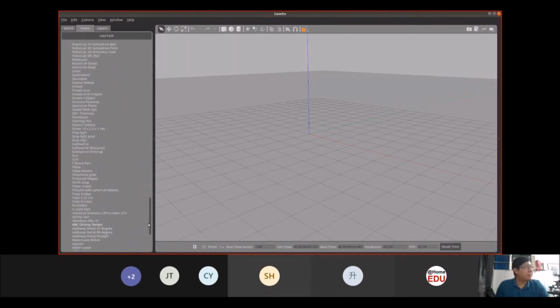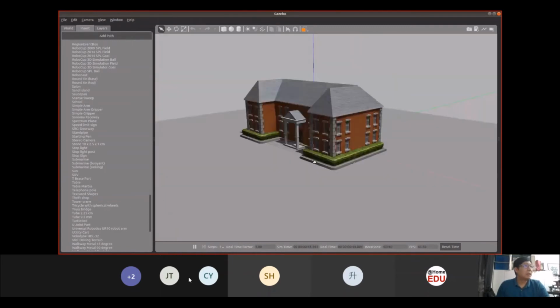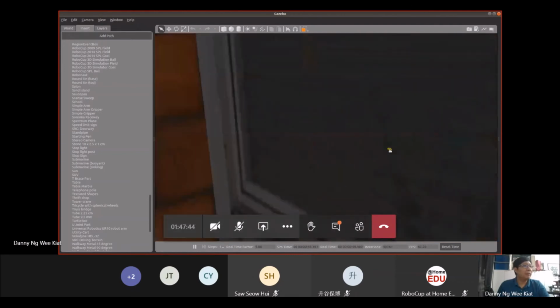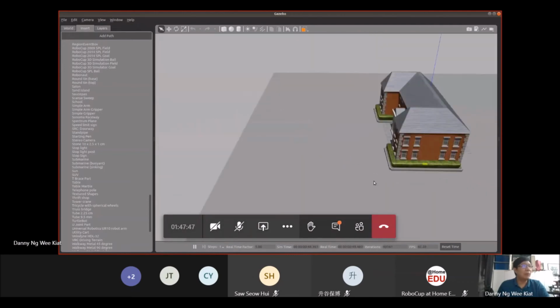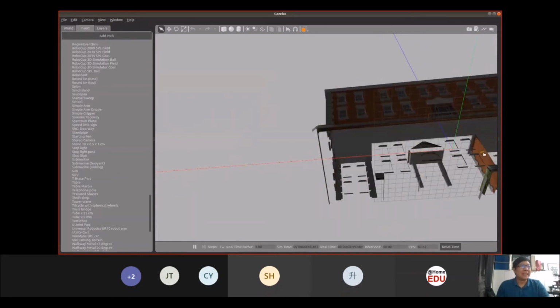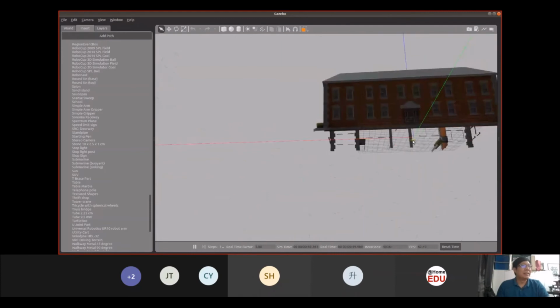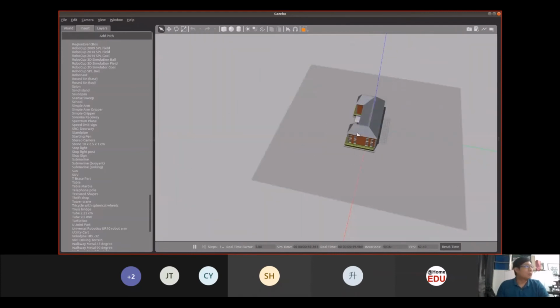Like for example, if you have things like a school, you can actually have, oh, this is only an outer building. Internally, it's actually empty. So you can see that inside is empty. So you have a school over here.